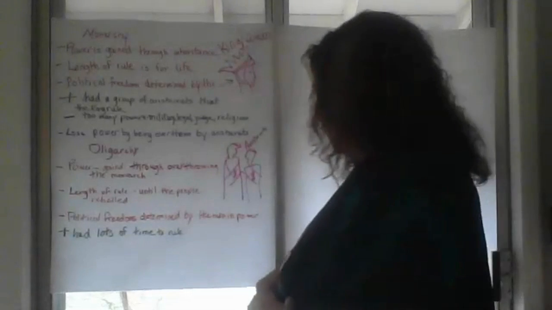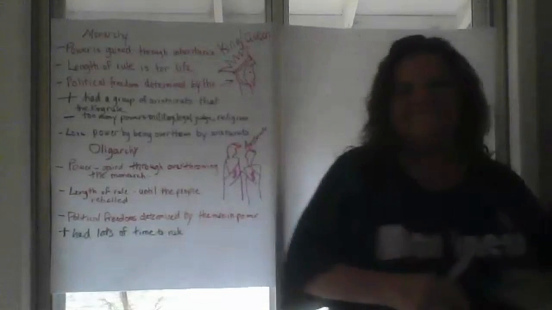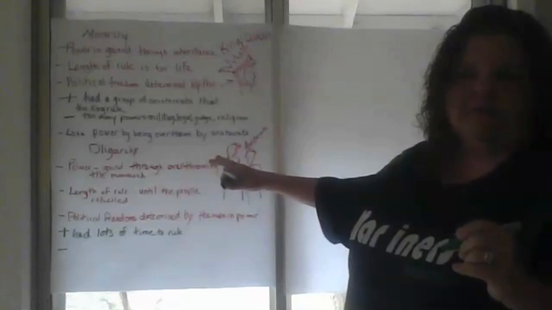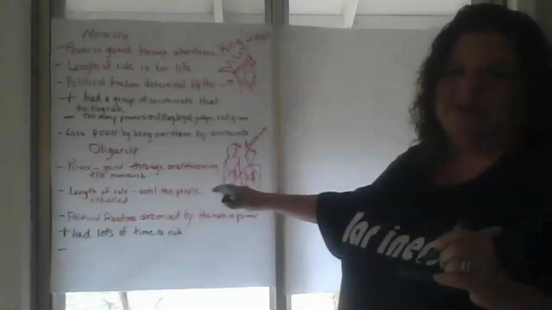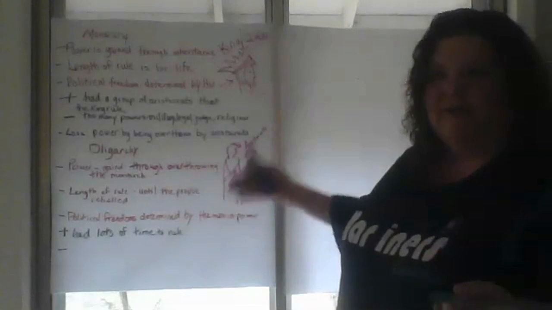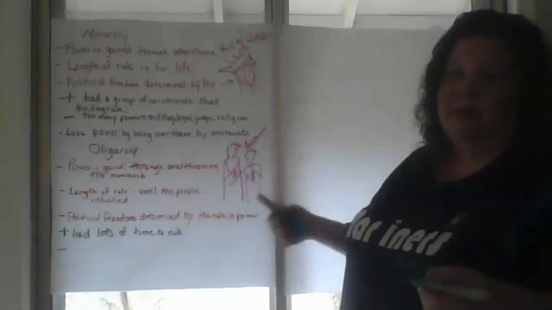Now, how could they lose power? Oh, sorry, forgot the negative. This is hard here. The negatives of being in the oligarchy type of a government is that the aristocrats really only cared about themselves and getting richer off the people. So that led them to not be well liked by the people, and eventually people did rebel.